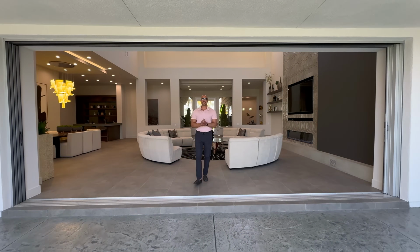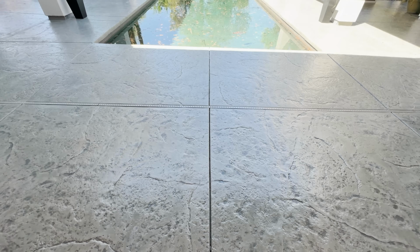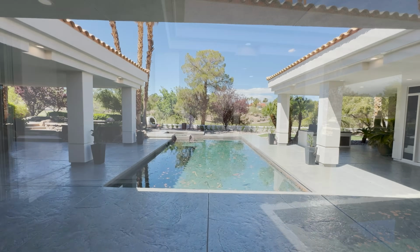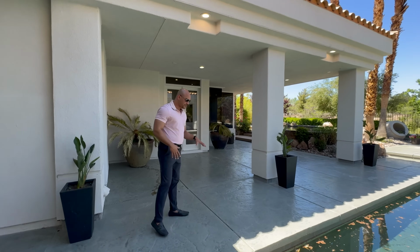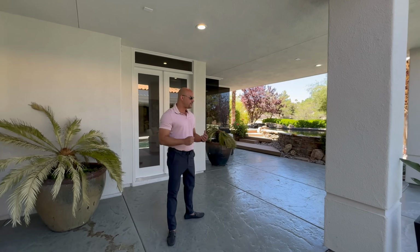All right, guys, now let's check out this backyard. Clearly, I'm walking past that 20-foot slider that leads directly into the living room space. But let's check out this backyard now. We'll get to the pool in a moment. Now, beneath us is actually a stamped and colored concrete. So very nice,